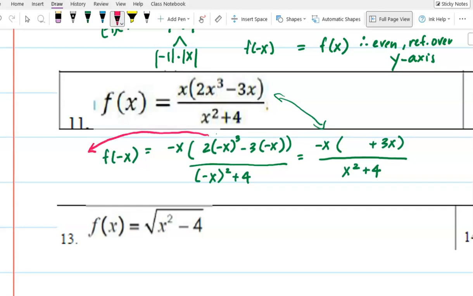I can take that out right there, and that's made up of negative 1 times x, and I can raise both of these to the cube power, and that gives me negative x cubed. And then I'm going to multiply it by 2. So that's why it gives me a negative 2x cubed. Okay. And then it kind of looks like it, but then what I could do